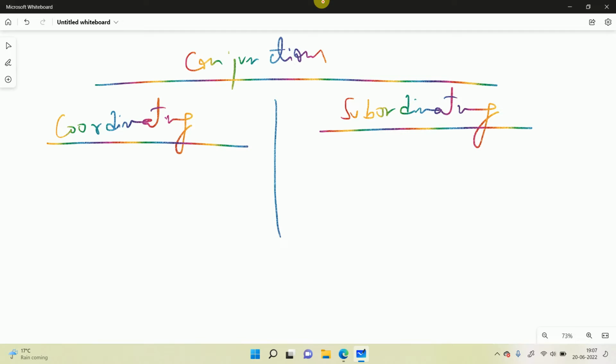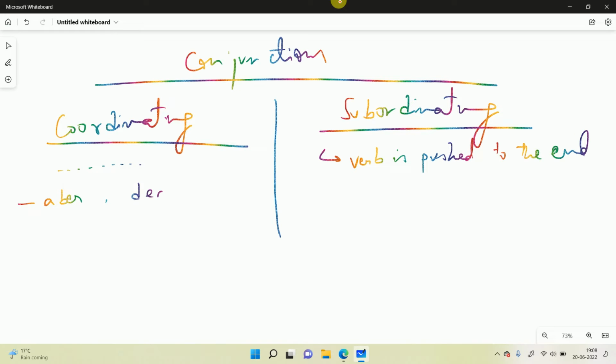So what happens in subordinating? The verb is pushed to the end. The conjunction will push the verb to the end. It forces a law and it will subordinate the other verbs. However, in coordinating, because there is a coordination between everything, everything remains as usual. So verb position will also not change. We will go one by one with examples, so it will be much more clear. I would request you to take a screenshot when I'm done with this.